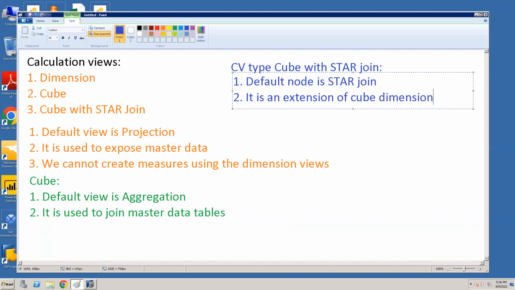So basically here what we'll be doing is, it follows star join concept. It follows star join concept